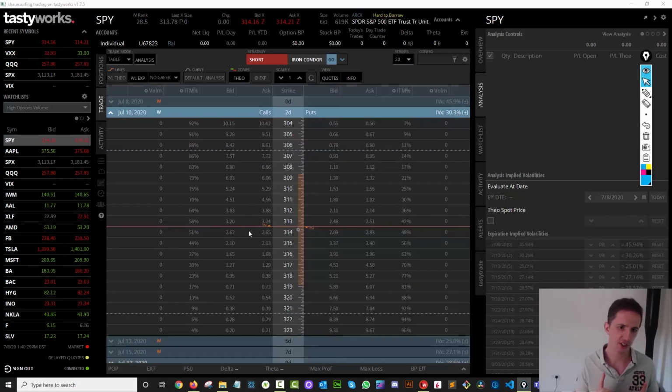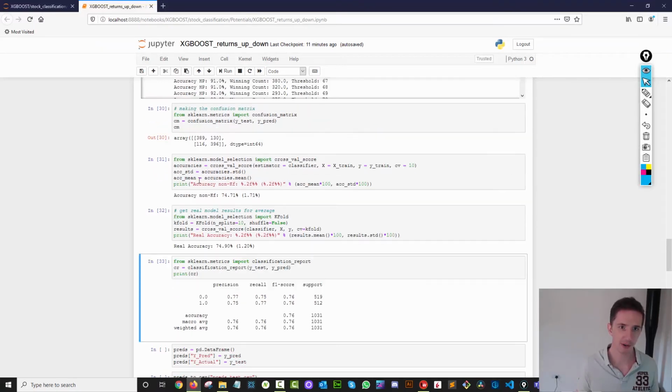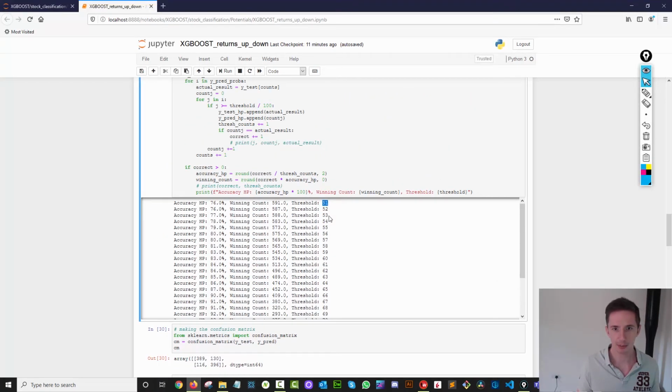I would look at this in such a way to say that, is my percentage probability for where this price will be based on the machine learning model? So if I go over here and I look at, did the model predict 51% accuracy? If so, by the way, it was right 76% of the time.